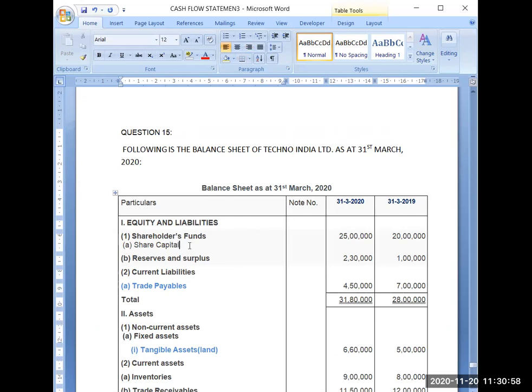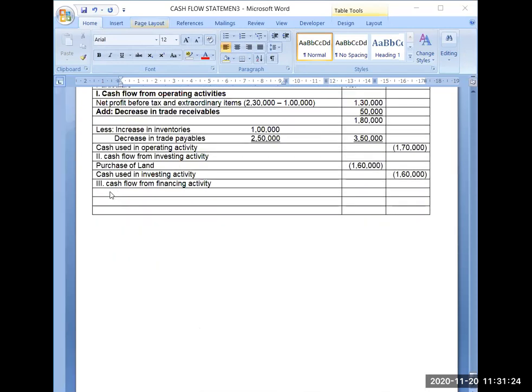So this way each and every piece of information given in the balance sheet should be used in one of the activities. You have to check it properly, whether any information has not been used. Now your share capital is increasing from 20 to 25 lakh. That can increase only when you are issuing shares. Otherwise, any other information should be given. So it will be treated as issue of shares,